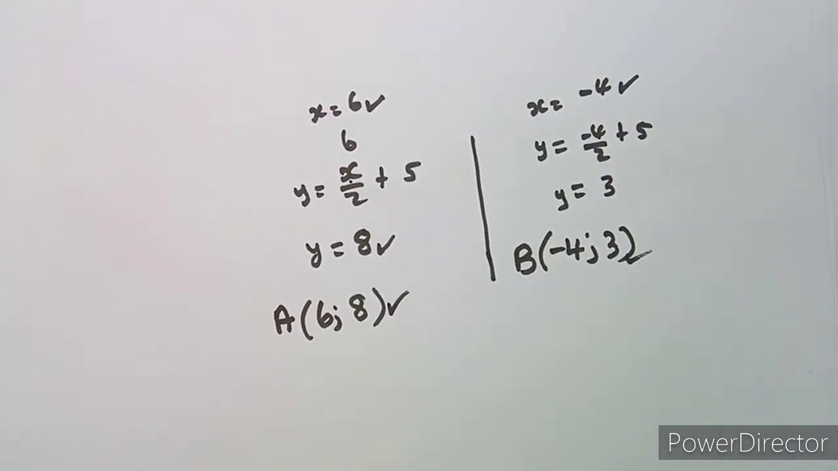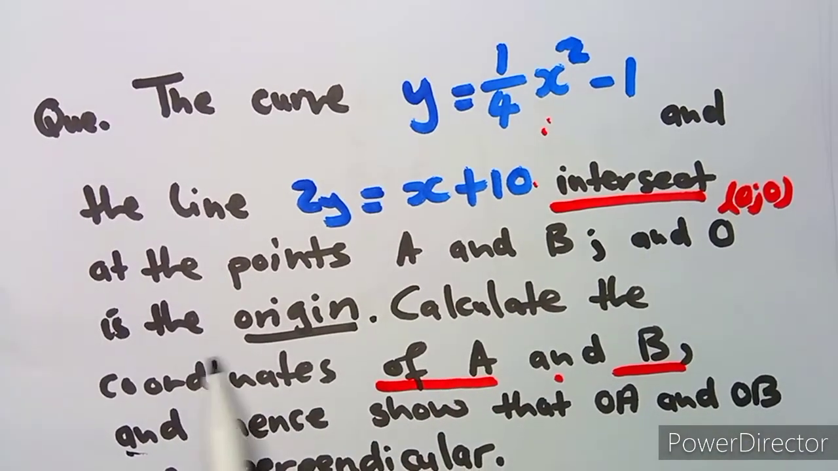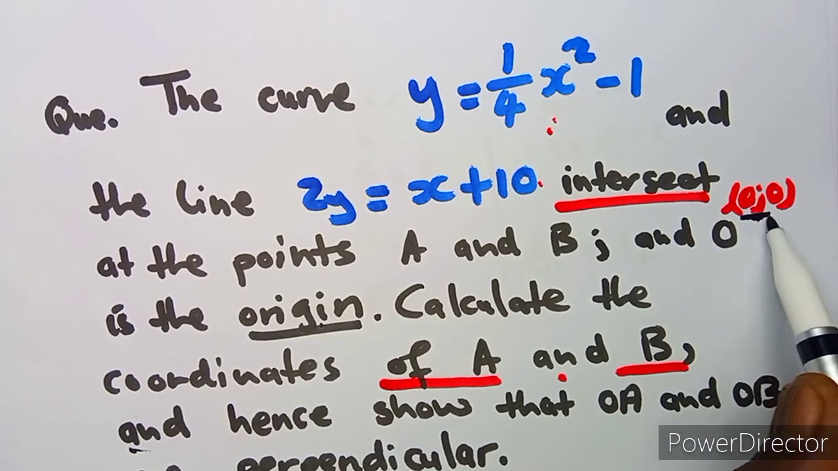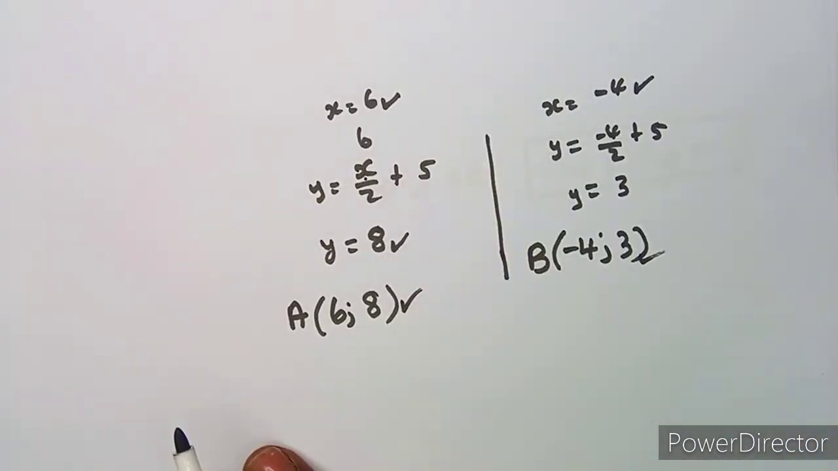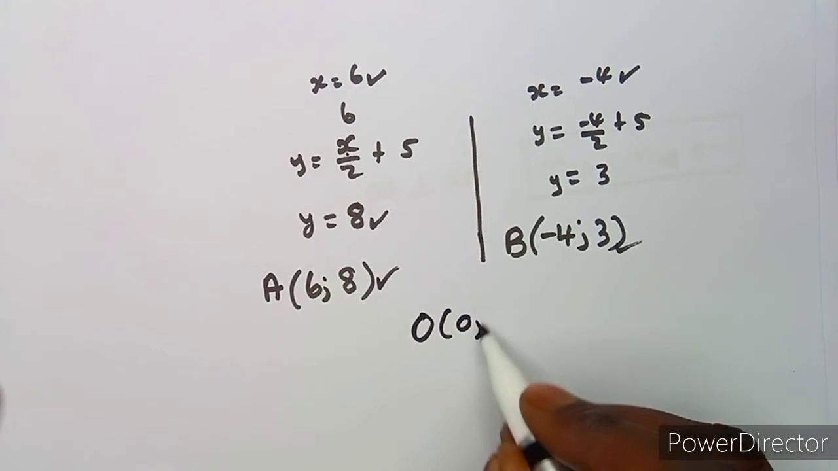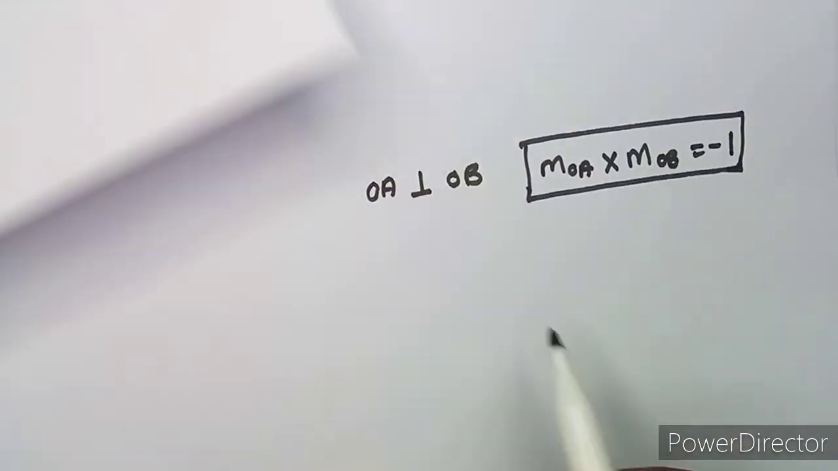So where is the point O? Remember, we are told that the point O is the origin, where we are given this O to represent the origin, and I told you that at the origin the coordinate is 0, 0. So we have got the point O, which is 0, 0 like this. So let's start with